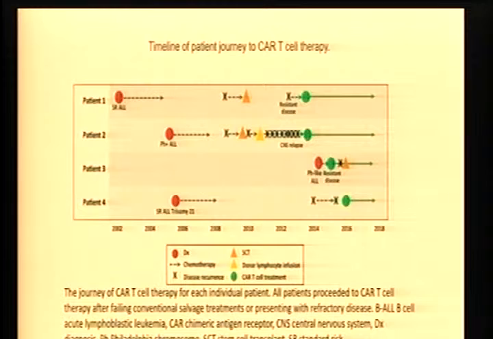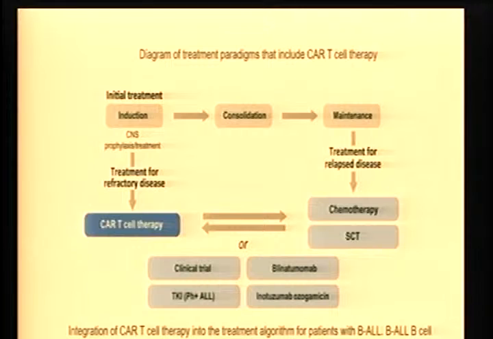So after this, the CAR T cell therapy was given in all 4 of these patients, and so far, all of them are showing very, very good results. None of them have had a recurrence of cancer. This is about 2 years, 3 years. It's not that long, because the therapy itself is so new that you don't have long-term follow-up reports so far. So this is what you do, you keep them on maintenance. If there is a relapsed disease, you do it again.